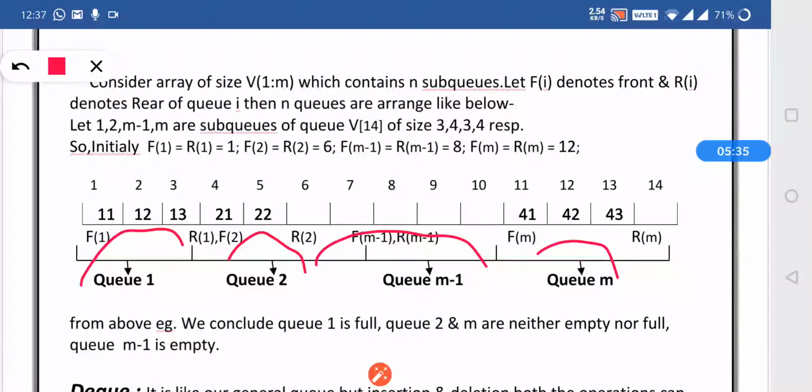It might be that it is initially empty, but its size is specified. That's why these memory locations are allocated to Qm minus 1. The memory space is utilized very efficiently because it is fixed according to its size. Multiple queue is a very efficient data structure.